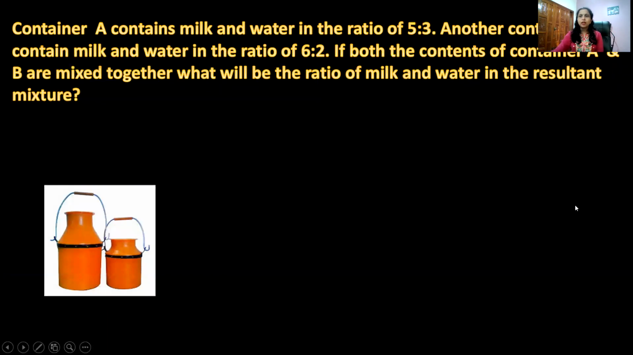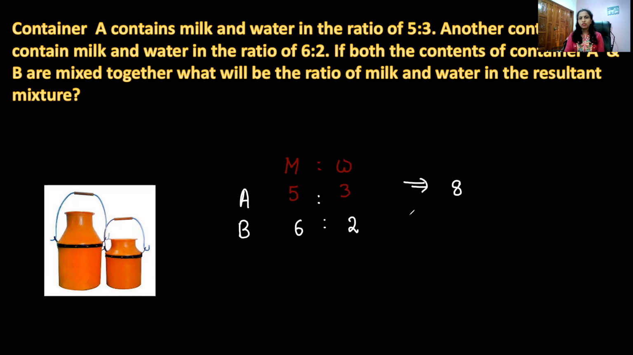So it says container A contains milk and water in the ratio of 5:3. Okay, so we have milk and water, and the given ratio is 5:3. And then container B is given, whose ratio is 6:2. See, whenever you have the sum the same, like here 5 plus 3 is 8 and 6 plus 2 is 8,